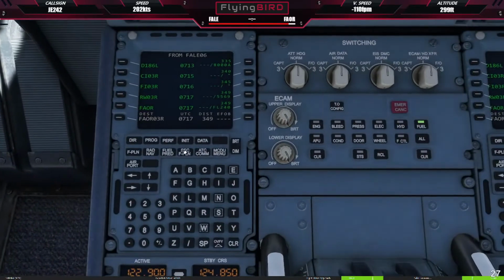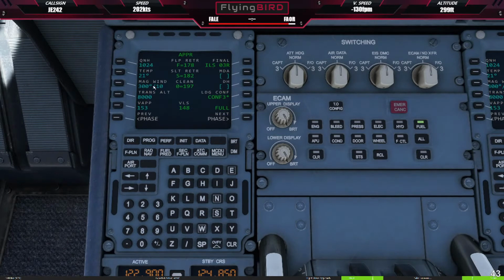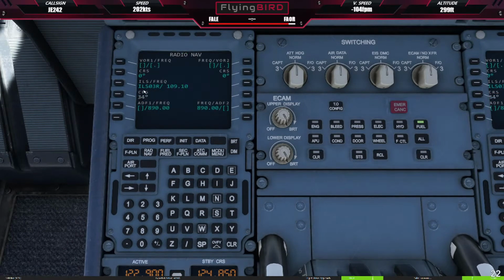The few things which I need to learn, those are if I go here, then what do CAT 1 and CAT 2 mean? I do not know. I have to learn those things. And you see here it is saying ILS 03R, and it also got the right frequency 109.1. Yes, but even then